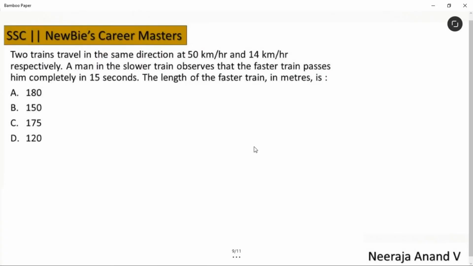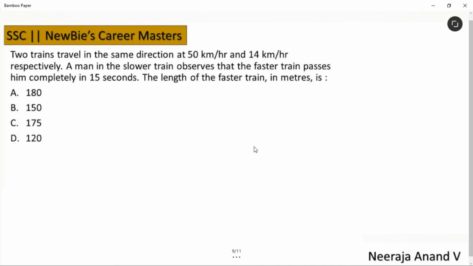Super. Okay, newbies, last question of the video. 2 trains travel in the same direction at 50 km per hour and 14 km per hour respectively. A man in the slower train observes that the faster train passes him completely in 15 seconds. Train is crossing a man who is sitting in the slower train. Am I clear? Now, the length of the faster train in meters is...